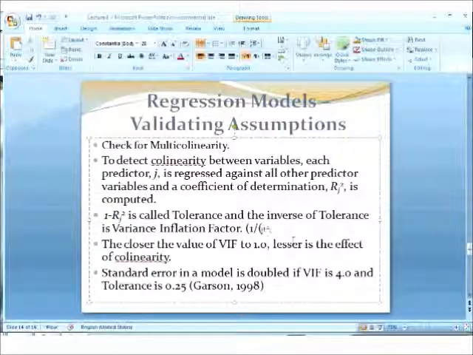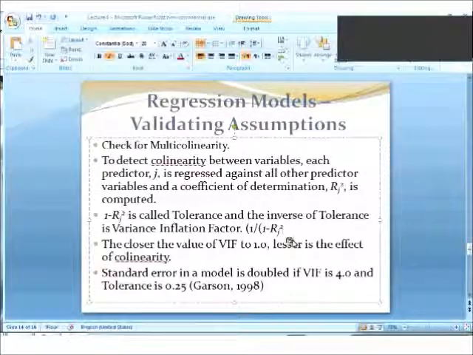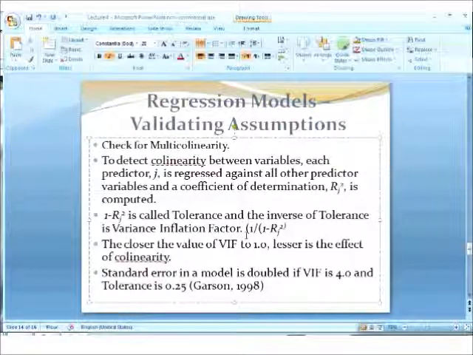So if r square is small, then 1 minus r square will be high. So 1 divided by a higher value will be closer to 1. However, if